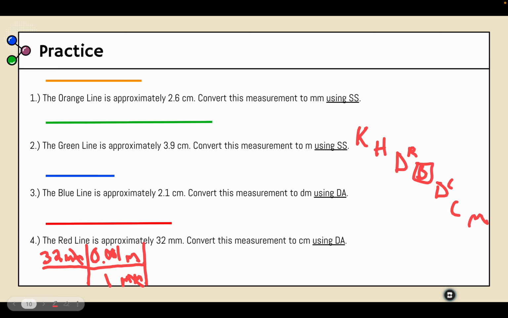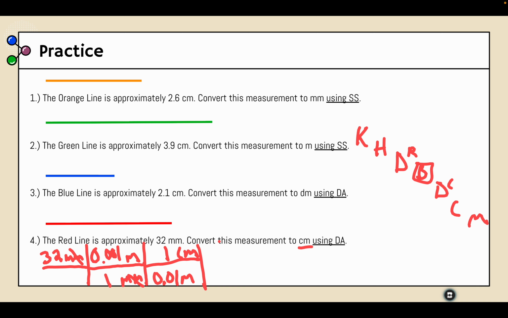Okay? But am I done yet? No, I'm not done yet. I need to get to centimeters. So I'm going to make one more. Again, I'm so sorry about these crooked lines. What goes up must come down, so meters comes down here. I'm going to put centimeters up here. The prefix gets the 1. Which one of these has a prefix? The 2 letters. Centi does, centimeters. Okay, so the 1 goes here. Then I'm going to take the value of centi and I put it to my base. So in this case, centi would be